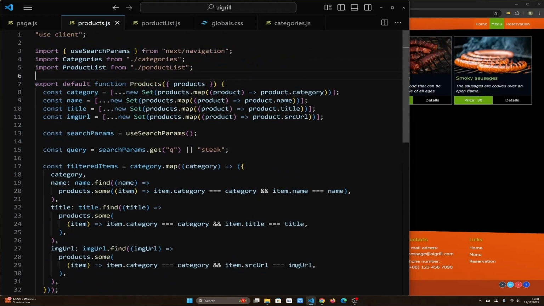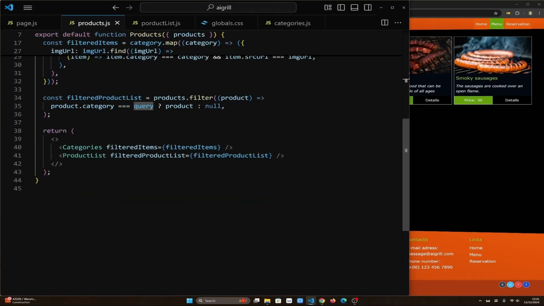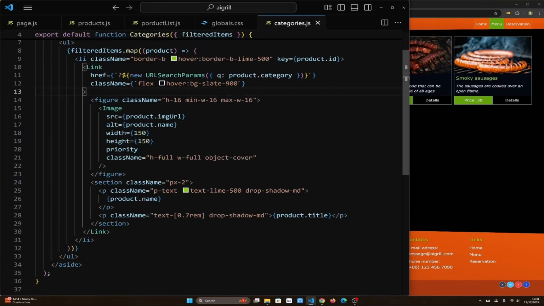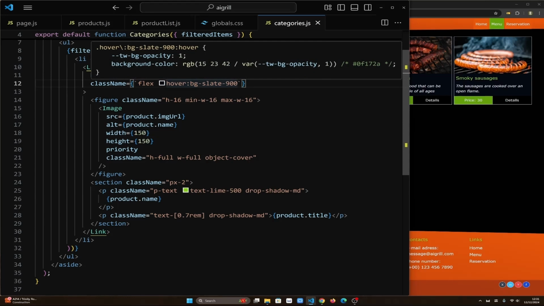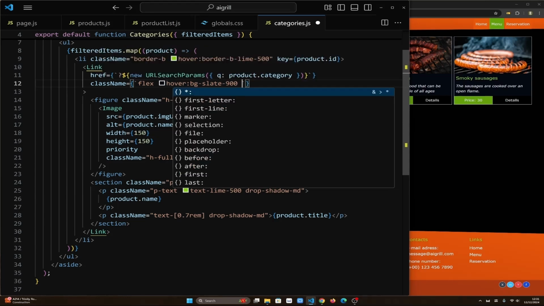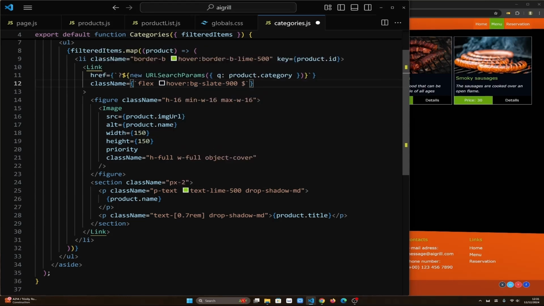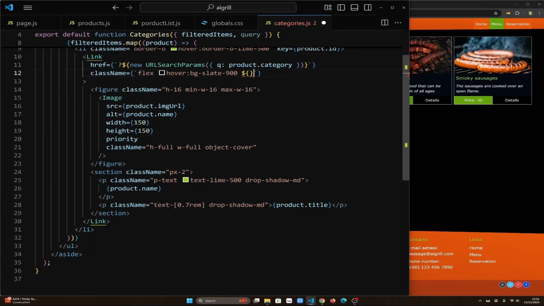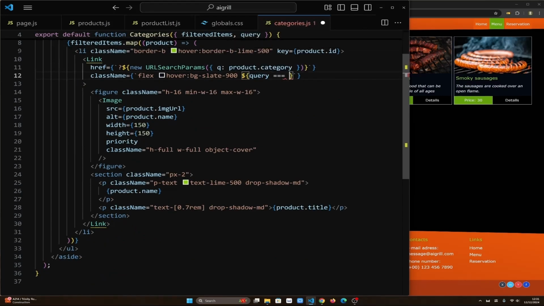I have this information with query. I'm going to select query, pass this to categories and receive it here, and do some conditional check inside my link. This is my link, and this is my link class. I want to give them some conditional check. I will say I need to receive the query, of course. I'm going to check for the query. This is the unique category name. If it does match with my product.category,